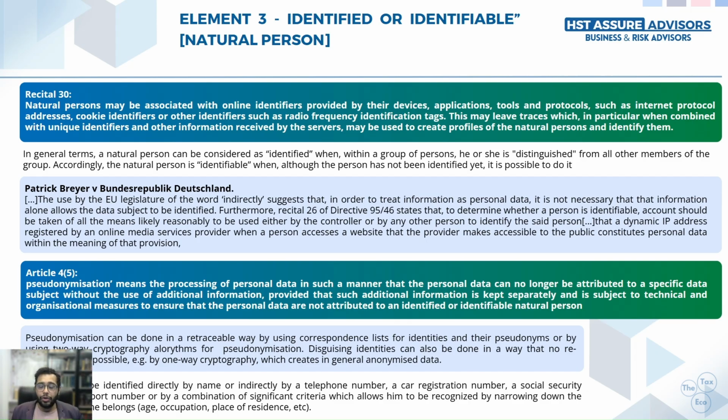As of now, do we know who that person is? The answer is no. But can we distinguish that person from the group of persons? Yes, we can differentiate through the IP address. But who is behind that IP address? We don't know. But if we are able to distinguish through that IP address, that means the person is identifiable, that means the IP address is any information, that means there is a relation, and that becomes your personal data.